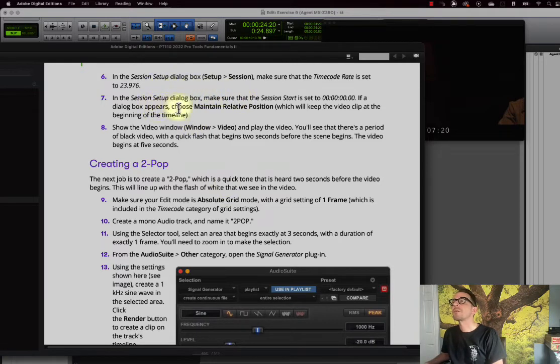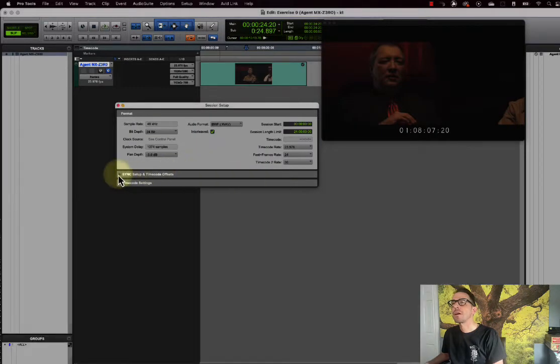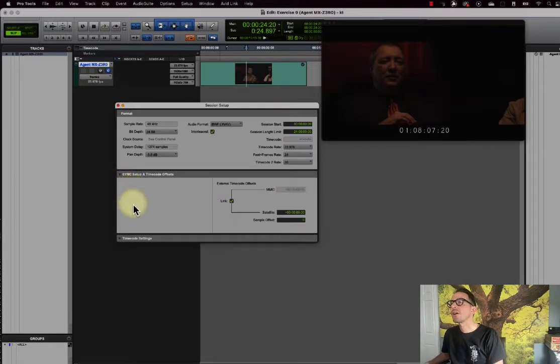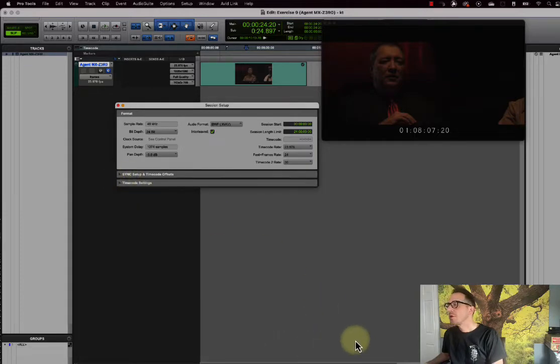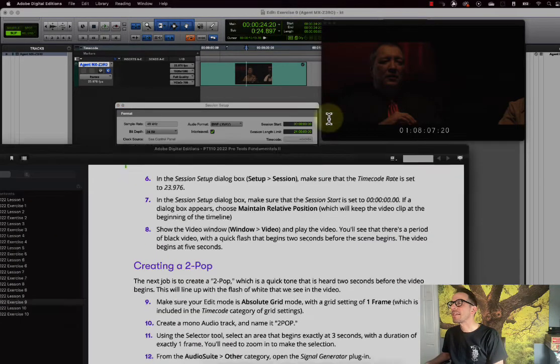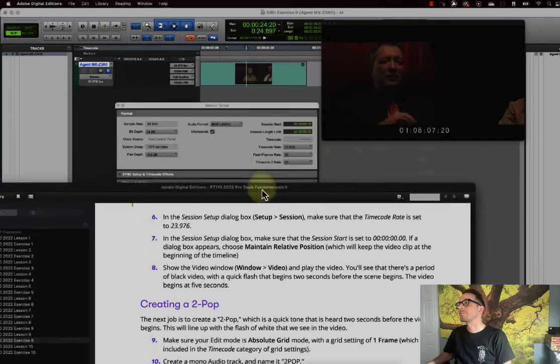If a dialog box appears, choose maintain relative position, which will keep the video clip at the beginning of the timeline. That did not happen for me. Let's see here. Nope, that didn't happen. So you will occasionally see things that say maintain relative position or force timecode values, things like that. It's good to just make sure that your video is set to whatever timecode that you're getting from the director. So in this case, for example,